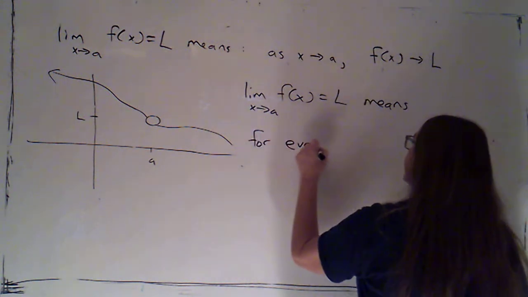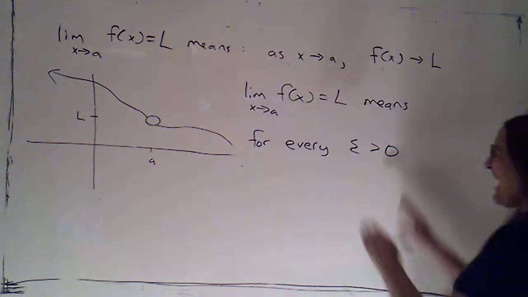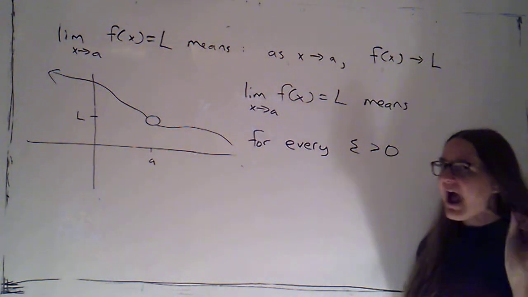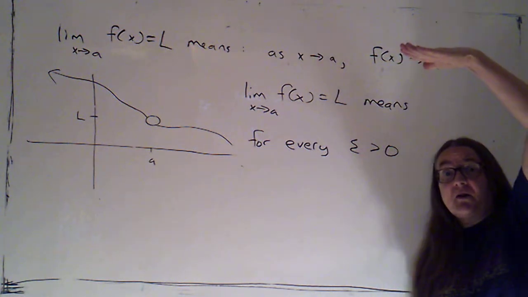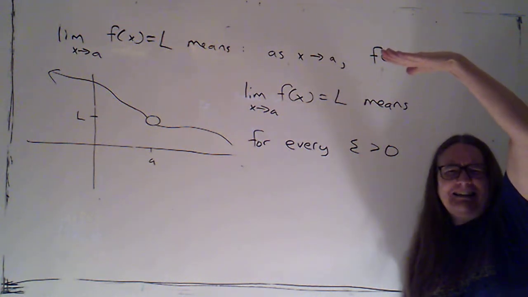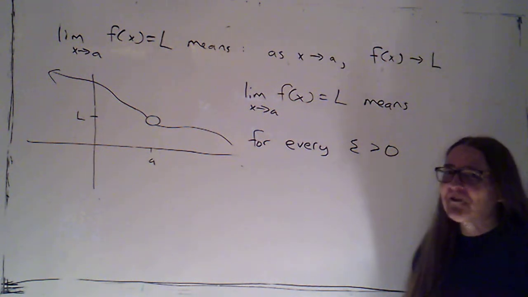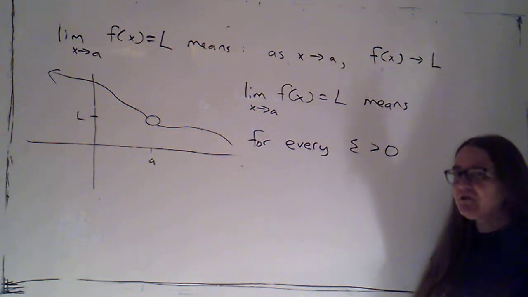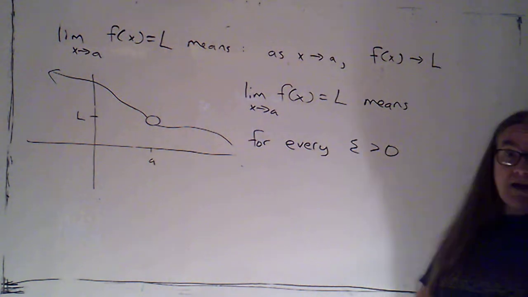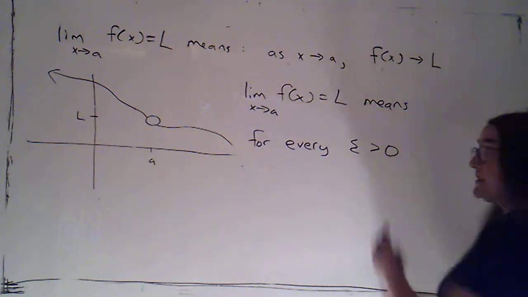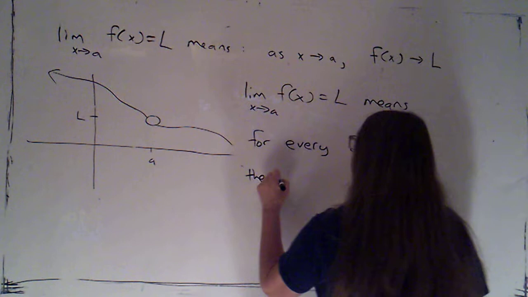For every epsilon bigger than 0. And I'm really going to think of that as no matter how small epsilon is. Because of course, if I say I want to be this close to something, that's pretty easy to accomplish. If I want to be this close, that's a little bit harder to accomplish. Okay, so smaller values of epsilon are better challenges. But for every positive epsilon, so no matter what the tolerance for my y values are, there exists